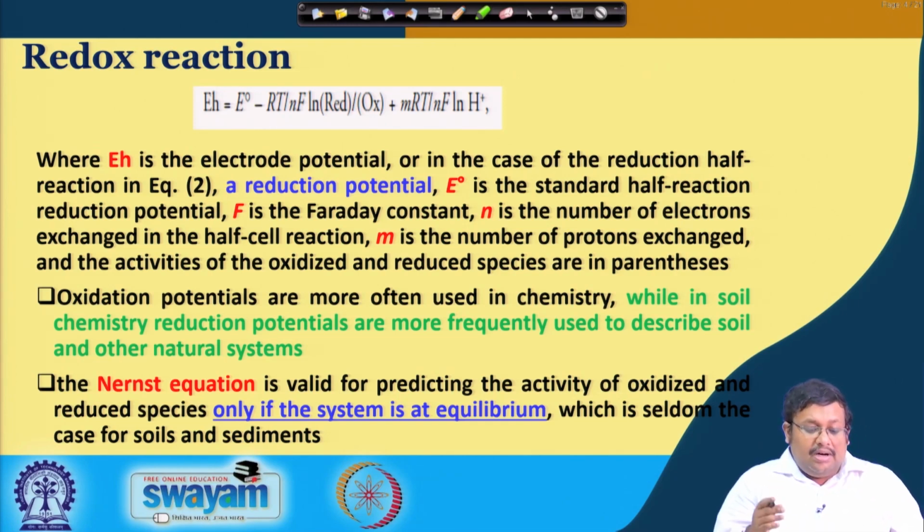And also the standard half cell reduction reaction. Remember that the oxidation potentials are more often used in chemistry, whereas in soil we more generally use the reduction potential. Remember the Nernst equation is valid for predicting the activity of the oxidized and reduced species only in case of a system which is in equilibrium. However, in soil we seldom see equilibrium